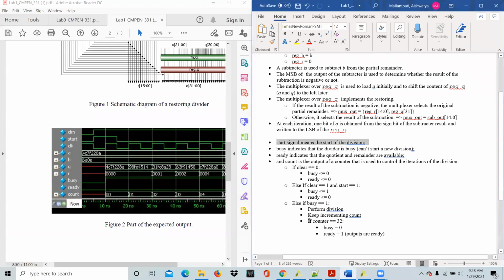Once this count variable reaches 32, we set our busy to 0, that means the division is over, and we set our ready to 1, so the outputs are ready. Now you can check the outputs once the ready becomes 1. So Q and R are ready. This is how you are supposed to use these variables